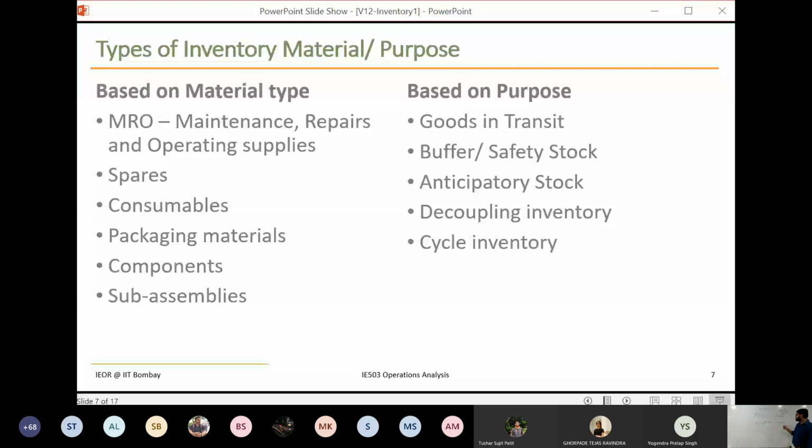Then the secondary type of packing material refers to the packing used for doing shipment. I cannot ship 1 unit at a time. I may put them all in big carton boxes and put all those carton boxes in a big crate and nicely bubble wrap the entire thing and then ship it. So that packaging material, the cartons, etc., are called secondary packaging materials. So that's what I wrote here: packaging material, primary and secondary.